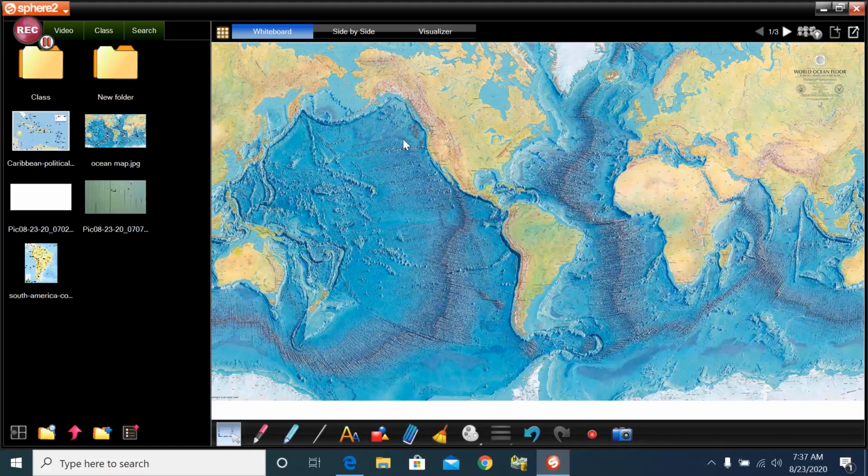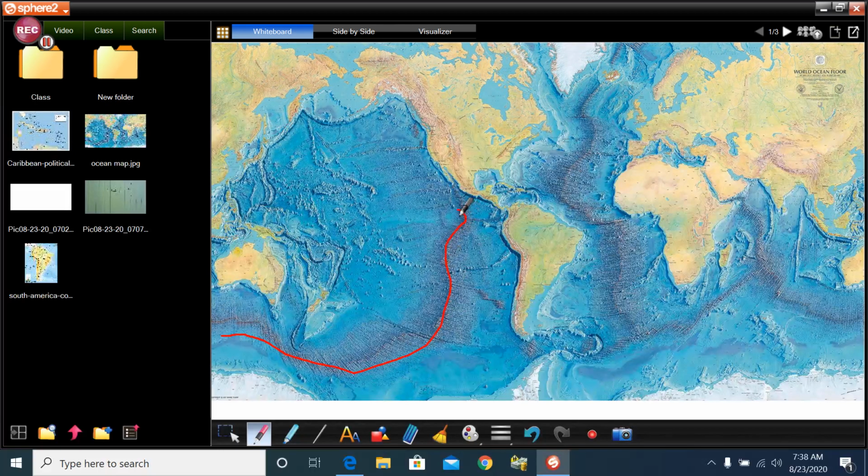map here, and what I did was I just went to Google Images and clicked on Ocean Map and put this on my desktop, and then I imported it from my desktop into the software, which I will show you how to do. But now I have this map that I can teach off of, and this map is basically showing underground mountain chains in the ocean, different valleys and things like that. So if I wanted to highlight a specific mountain chain, I could take my pencil or my marker and I could